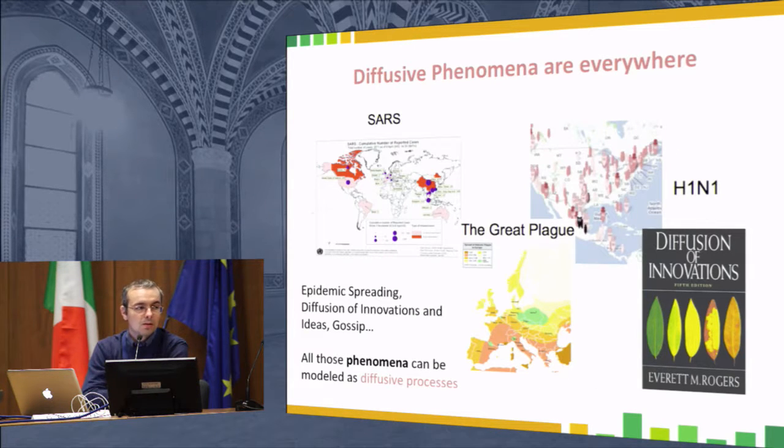As I said before, diffusive phenomena are basically everywhere, from diffusion of viruses to ideas to innovations. All these phenomena that basically look at how a content diffuses over a network is a diffusive phenomena. For instance, the study of how the SARS spread or how the H1N1 virus became an epidemic a few years ago is something that could be related to the analysis and can be modeled through the analysis of diffusive phenomena